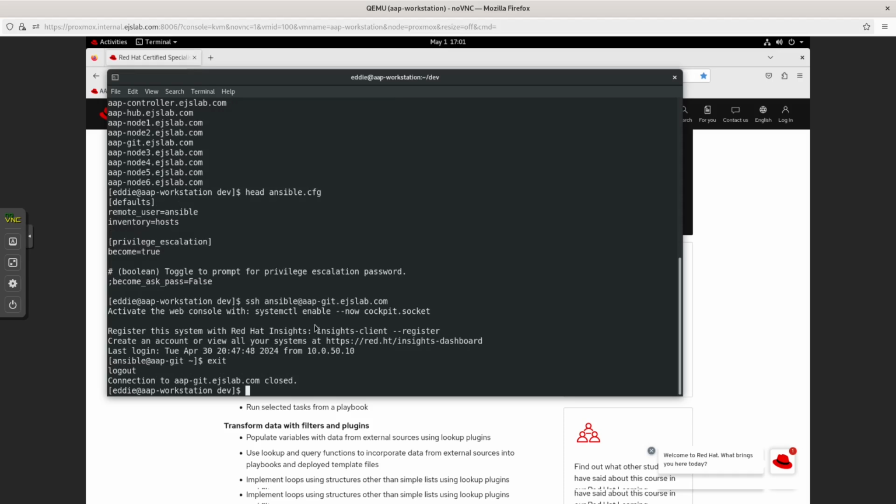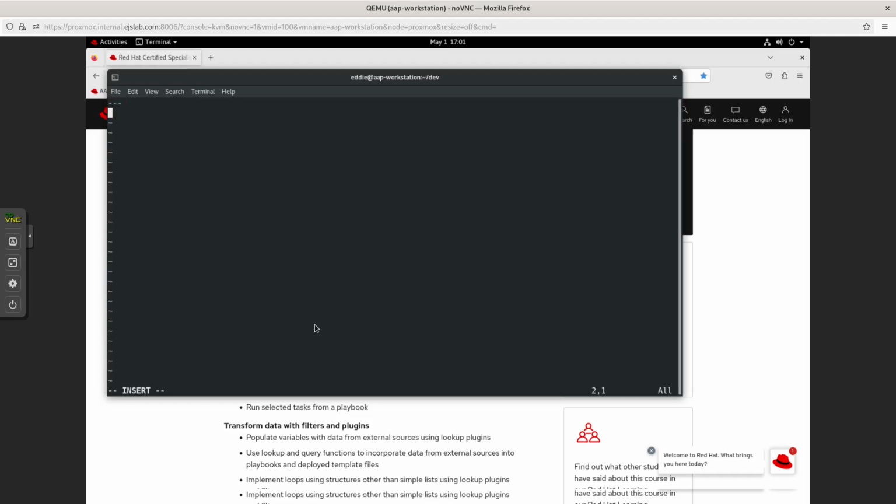So let us make a quick little playbook here. We'll call it foo.yml. And we're going to test some privilege escalation here. So we're going to do name, testing escalation, and hosts. We're going to run this against everything. And we will do tasks,